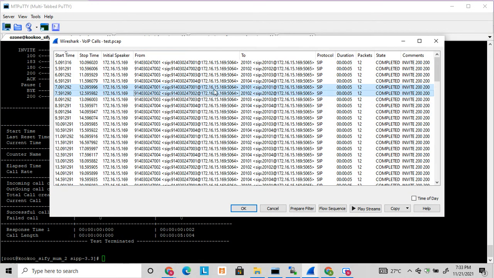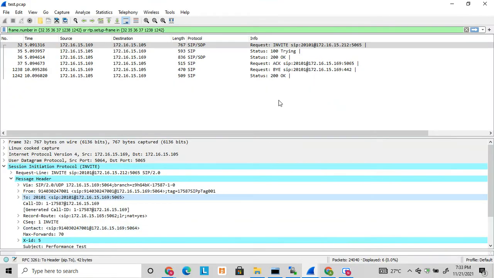This way it continues dialing until the flow is complete. Here I have filtered one call. You can see the request URI where I mentioned field 3 is replaced with 20101, and field 0 is replaced with this.